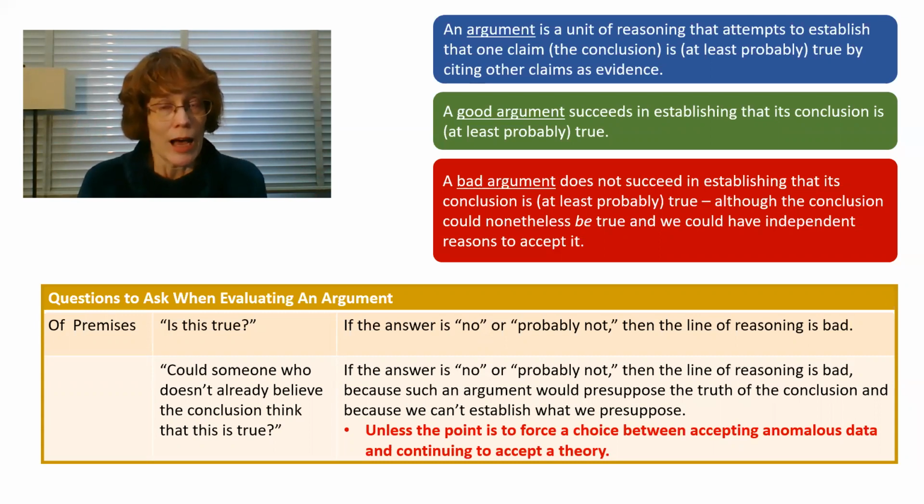So I hope that's useful. I know it can seem pretty abstract, but it can be helpful to be aware that the relationship between theory and data is a little more complicated than just reading the theory right off the data, because sometimes you can use the theory to reject anomalous data. And sometimes when arguments do that, it might look like they are assuming the conclusion, but they might not be.